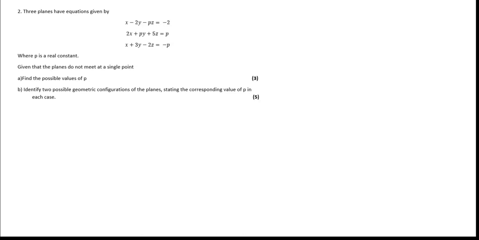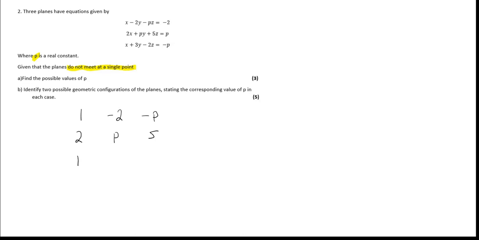So in this question, we've been given three planes, and we've got an unknown constant p here. Given that the three planes do not meet at a single point, then we know that if we convert these three planes into a matrix, so we get that